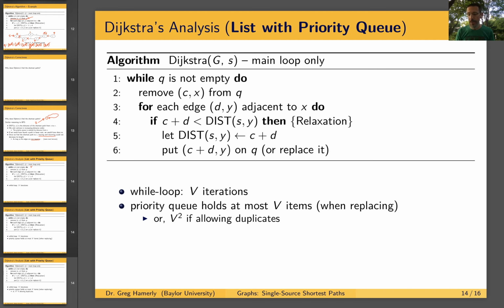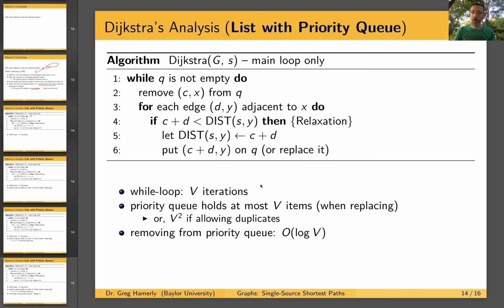It turns out that that's not a big deal. Either way, whether we have V items or V squared items, the cost of removing from the priority queue is log V for most priority queues, like a binary min heap. And you might say, but how could it be the same for V or V squared? Well, because we know that log of V squared is equal to 2 log V, and 2 is just a constant here. So big O of log V squared is equal to big O of log V. So we have V iterations here. This cost is log V,